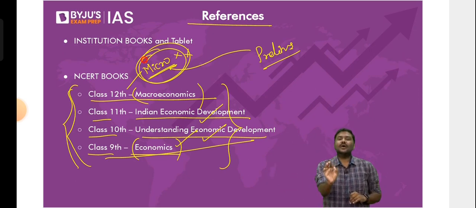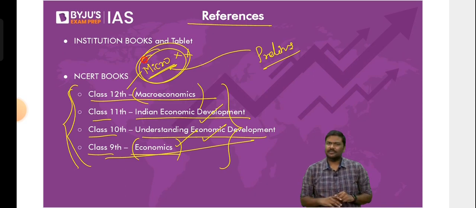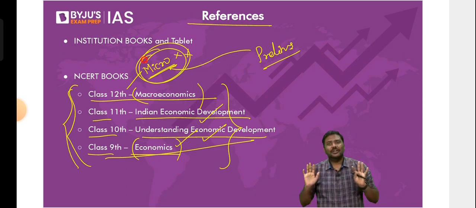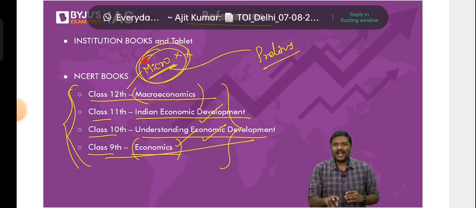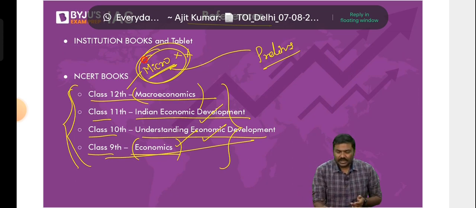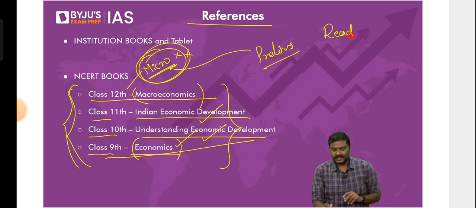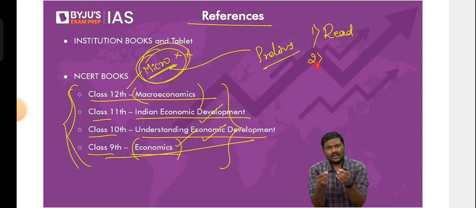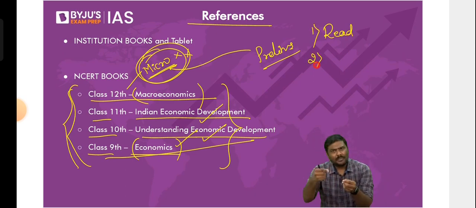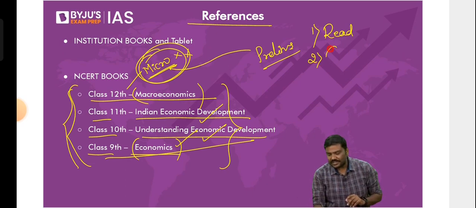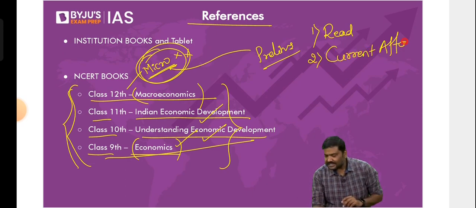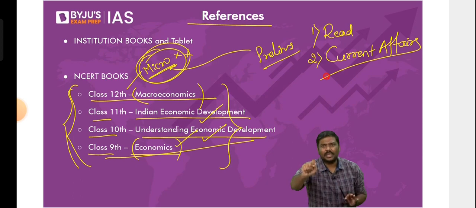Now you will counter my statement saying, sir, how do I know what is required for UPSC? Very valid question. Best question as far as I know. I will answer in 2 simple statements. One, whatever we discuss in the classroom, read that, and keep on revising that. Second, if you can explain certain important economy-related events which are happening in India, more than sufficient. That is current affairs. If you can explain what is happening in the Indian economy, more than sufficient.